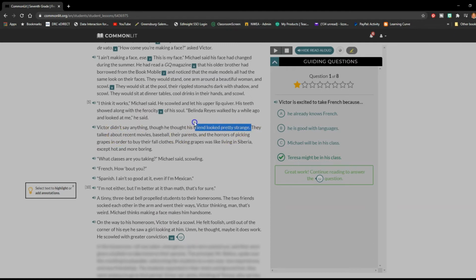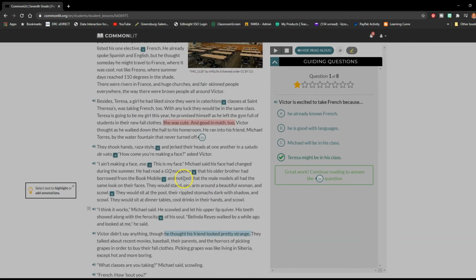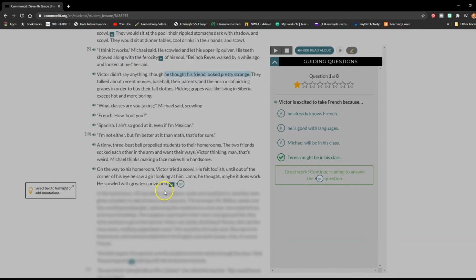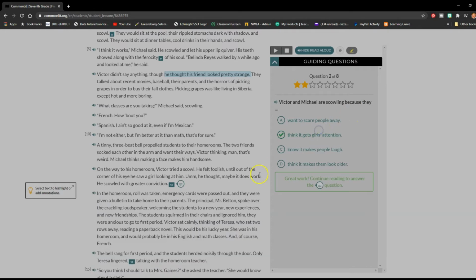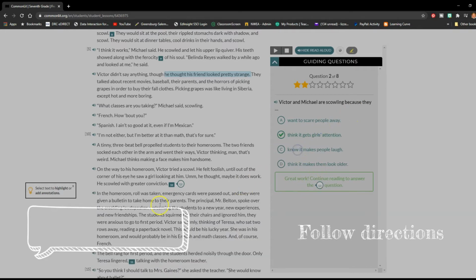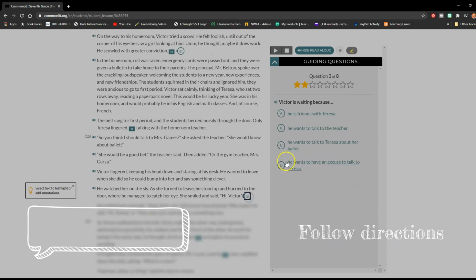So here's one of his thoughts. And again, if I want to color code it, I can. So that's what it looks like so far. Now I'm going to click on the second question. And again, this is blurred. So I'm going to do my question over there. It's going to pop up. But let's say I get